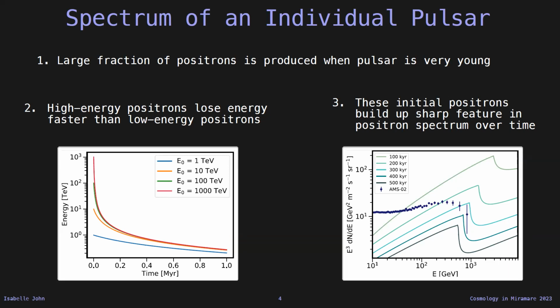But the way energy losses work, as you can see in this plot, is that a high energy electron, let's say a 1000 TeV electron, loses energy much faster than a lower energy, for example, 1 TeV electron. And this combination of having a lot of particles at once and then these high energy electrons losing energy faster than the low energy electrons translates to what we see in the right plot, which is the spectrum of a pulsar at different pulsar ages, so different times that these electrons had time to cool. And when the pulsar is still very young,